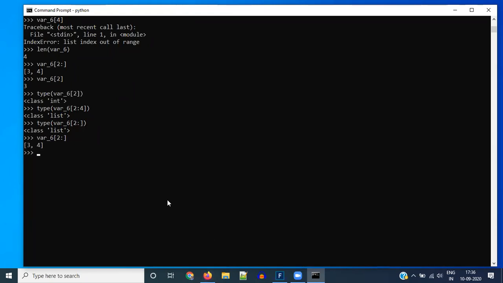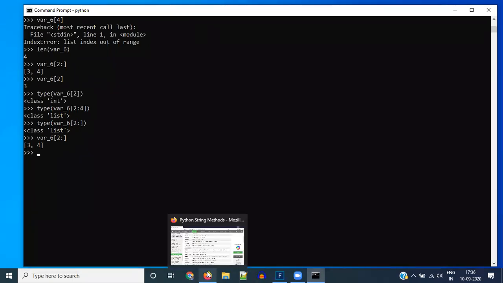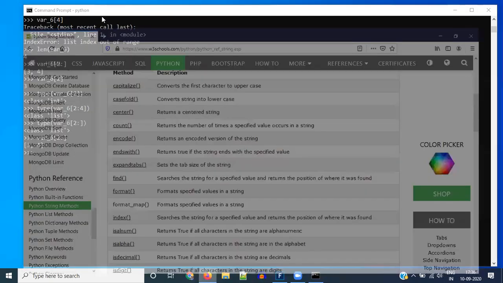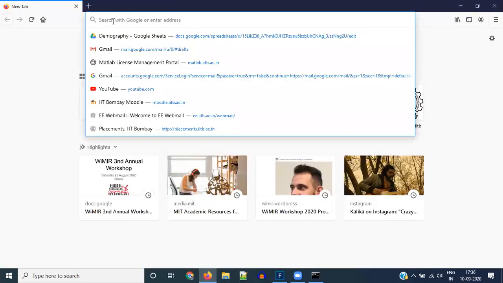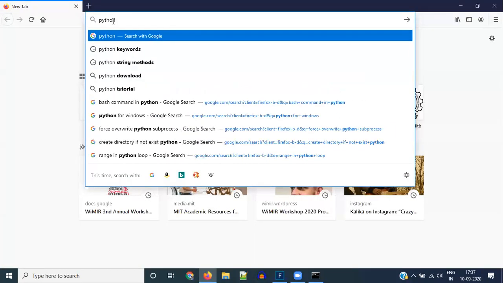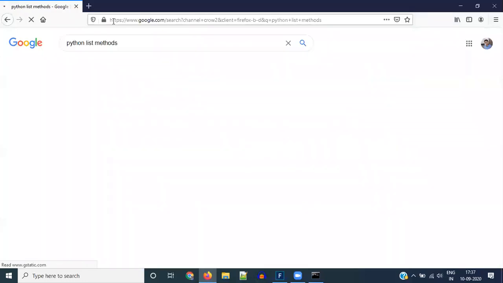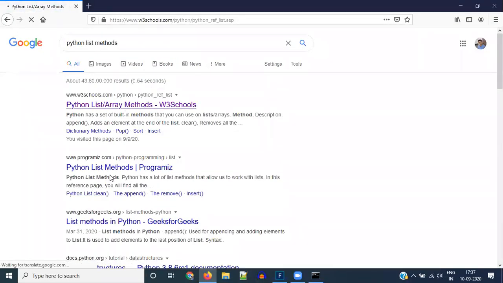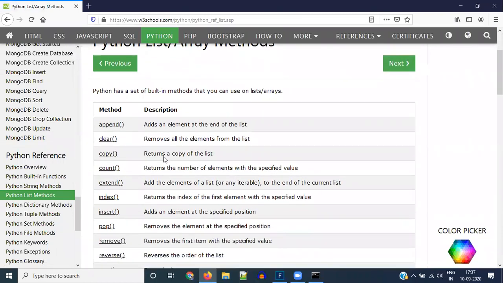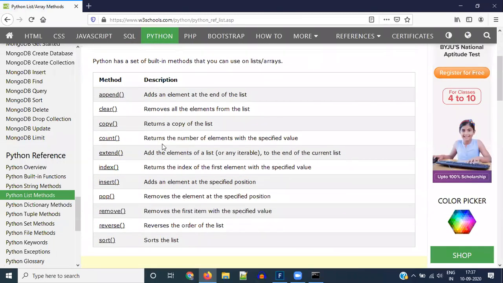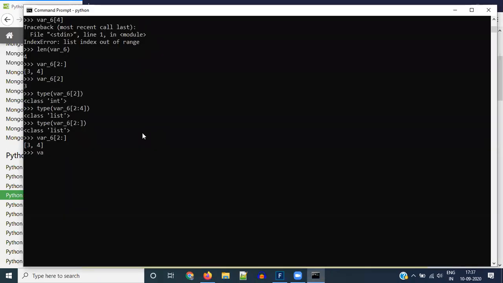There are also a lot of methods and functions that are specific to lists. So you can also just search on the internet for Python list methods, and yeah, you'll see that there are a few functions that work specifically with lists. So for example, let's look at the case of this append. Let's go back to the terminal. So var6 is right now 1, 2, 3, 4, and you can say var6 dot append, open and close brackets,